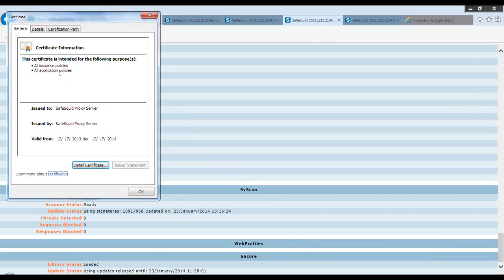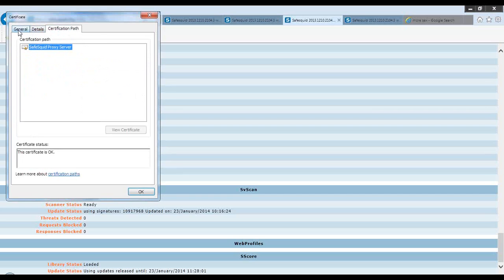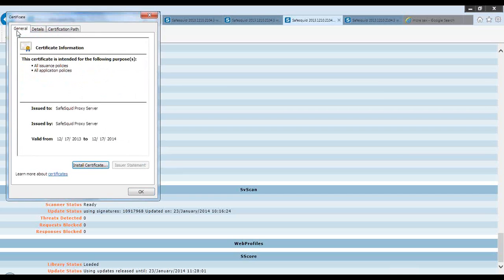So this is the root SSL certificate that's generated for me, and SafeSquid will generate a unique root CA certificate for all instances of SafeSquid.